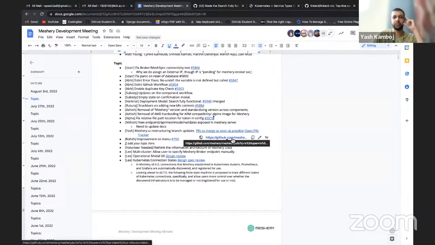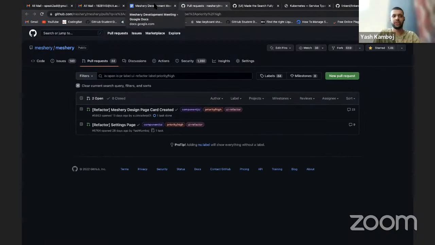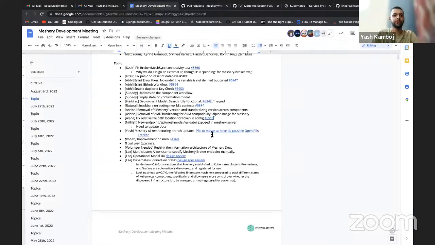One of the PRs merged the patterns page, but those are related to these two PRs, so it is showing errors. It won't work until we merge them; these are interdependent. I've shared the link to the PRs in chat, so please feel free to review them, and if they're good to go, we'll merge them.